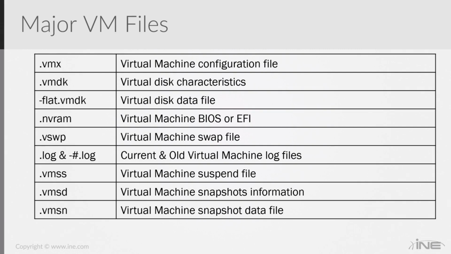This virtual machine swap file is used when the host is completely out of memory. We have nothing else to do. I have got to start taking some of the RAM from this virtual machine and dumping it to the hard drive. And the problem here is it's the VMware kernel doing this. Well, the VM kernel really has no idea what's going on inside of that virtual machine. All it knows is who's asking for RAM and what RAM blocks are being used. That's all it knows. So it will attempt to grab blocks that have not been used for a while, but